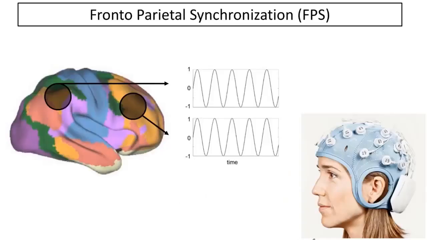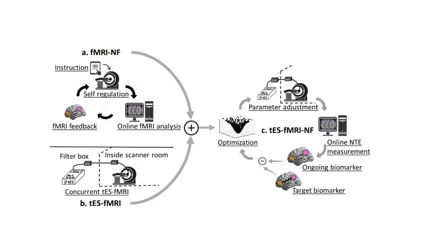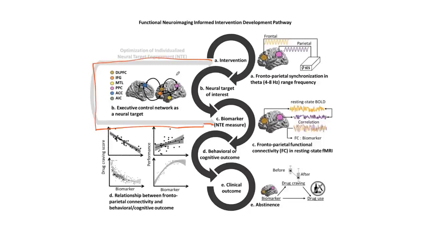So what we do in the new development is explore different frequencies of stimulation. Let's say we start with 8 hertz, do the recording, and check whether we have engaged the target or not. We change that from 8 to 10, from 10 to 12, trying to find which frequency is going to work. It's something like a closed loop control system, trying to find the optimization process. That is the new wing that we added to improve neural target engagement, an individualized optimization system that we are developing right now.